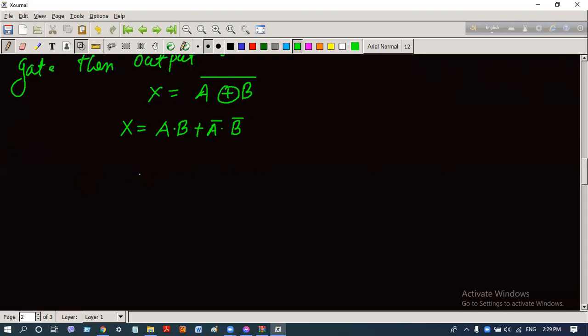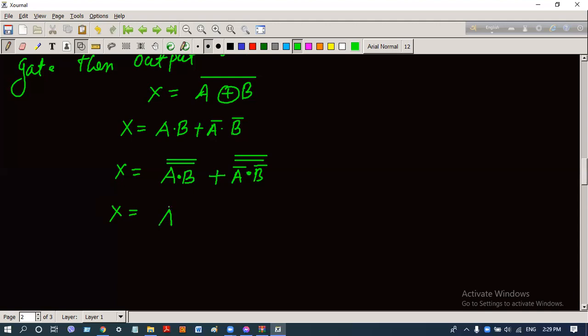Now we have to modify these equations in accordance to the NOR functions. We know that in NOR function there is only plus sign and complement sign. So we have to convert the dot sign into plus sign. For converting this dot sign into plus sign, we have to apply De Morgan's theorem. Similarly, A complement dot B complement is converted into plus functions, so we have to apply De Morgan's theorem. We have used the double complement sign because the double complement vanishes each other.